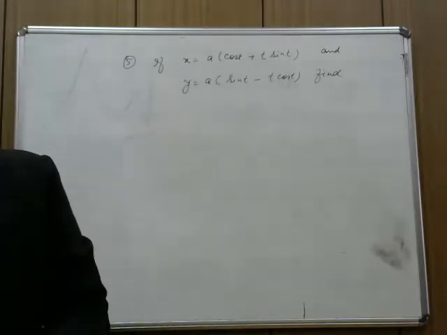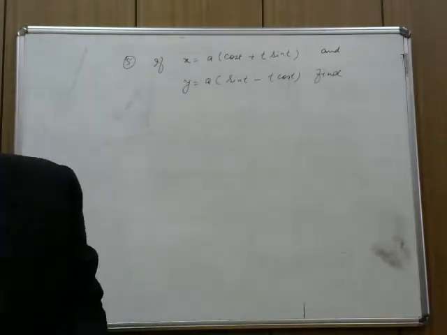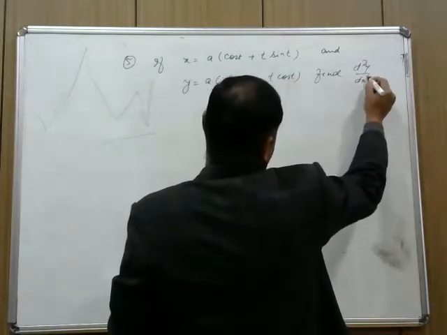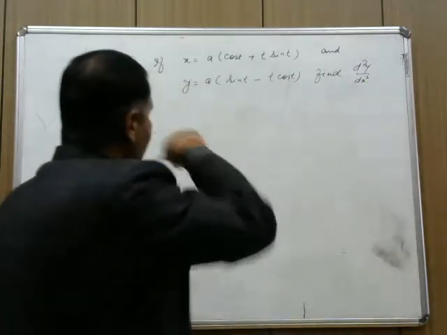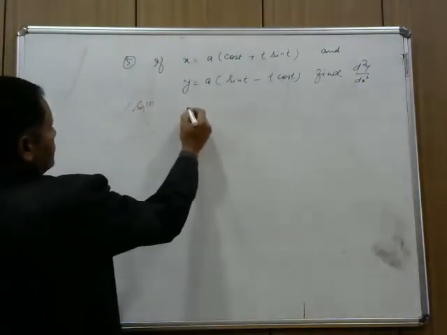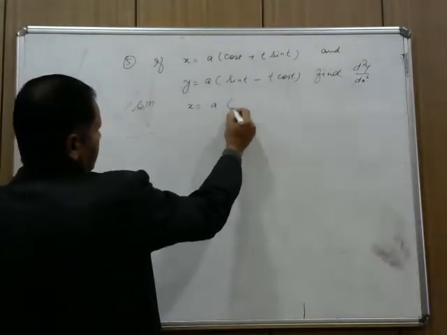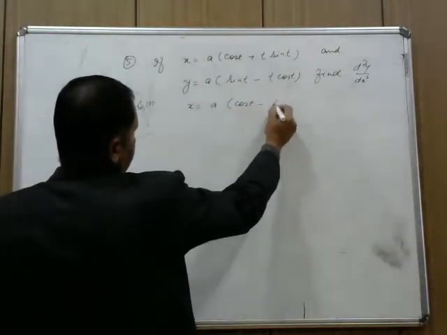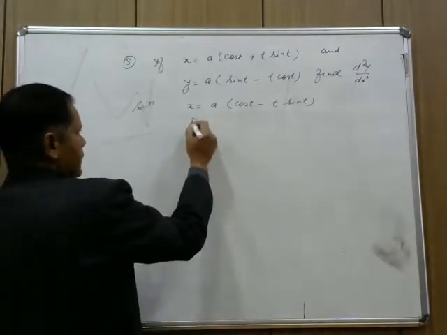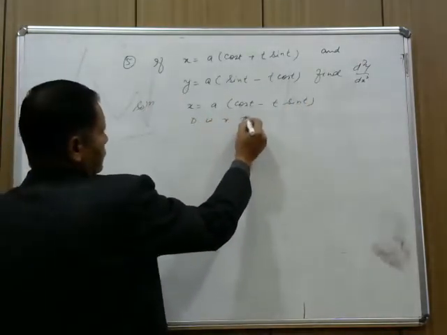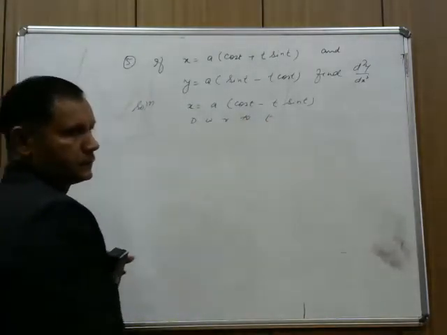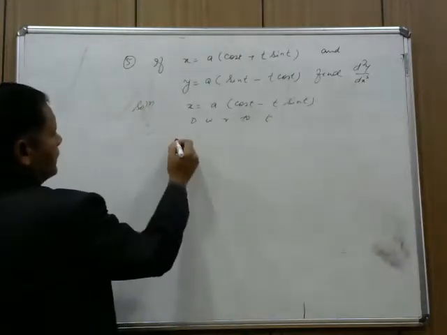Find d2y by dx square. We have x equal to a(cos t minus t sin t). Differentiating both sides with respect to t, dx by dt